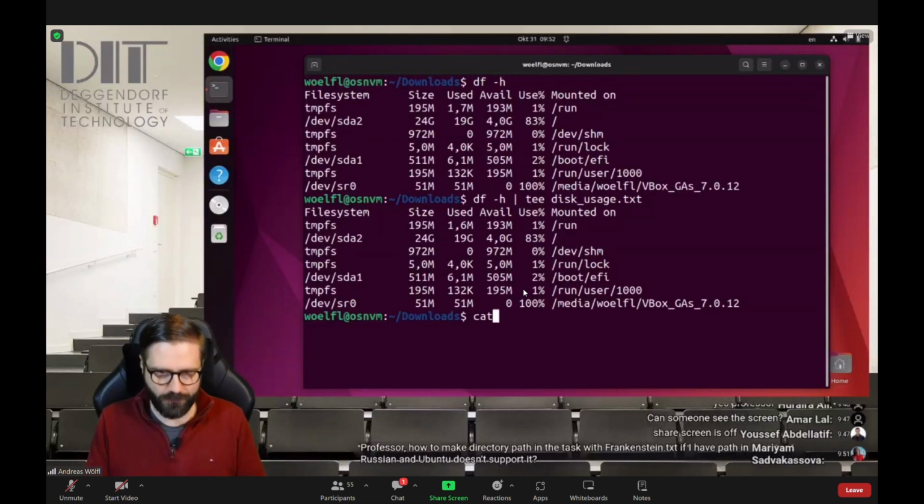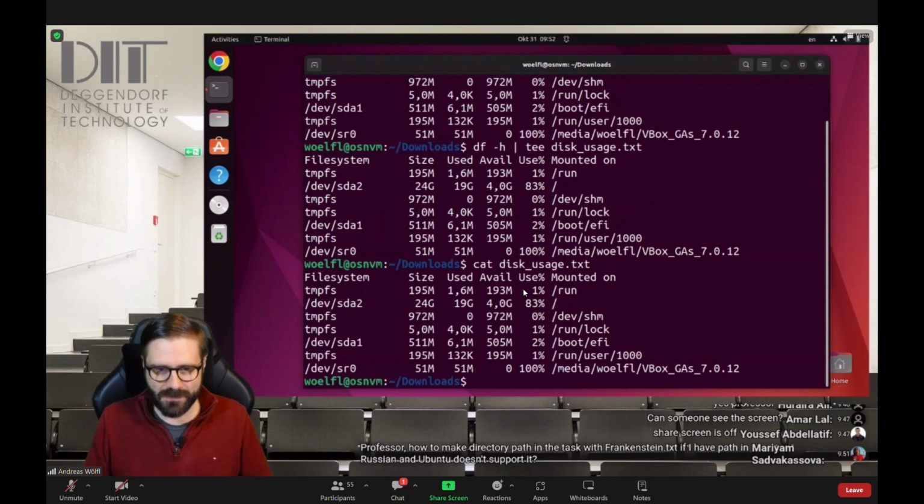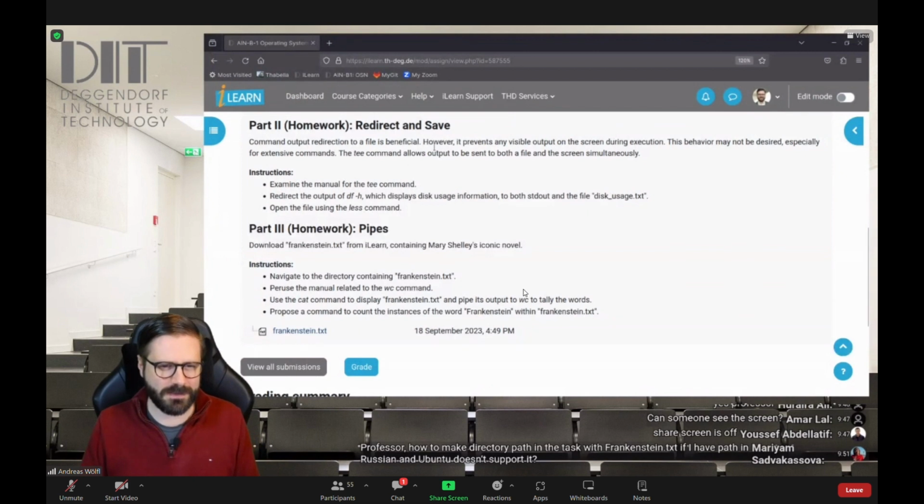And if we cat disk usage.txt, I'm expecting that we see the same that we have seen in the shell here. Yes, so the file exists and it is not empty, because standard input was also written and redirected to this file. So this is basically what